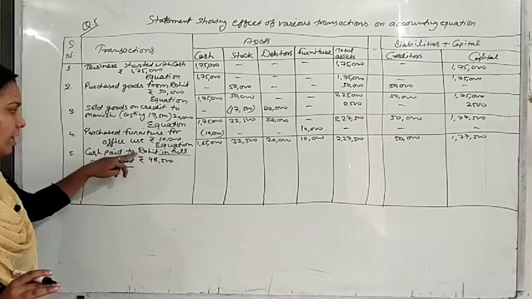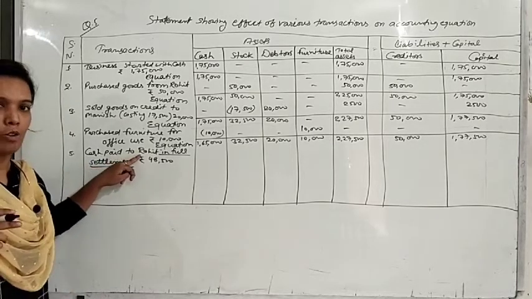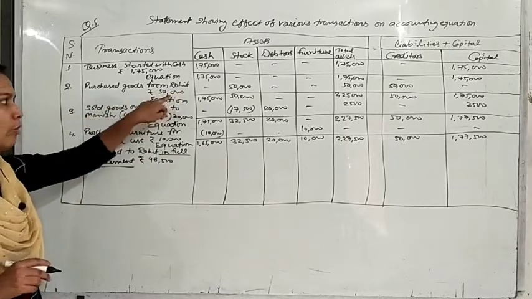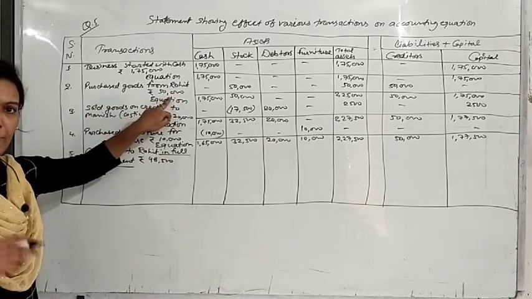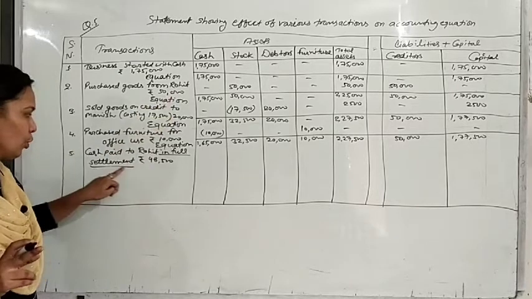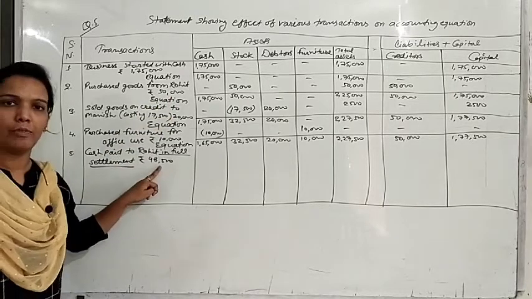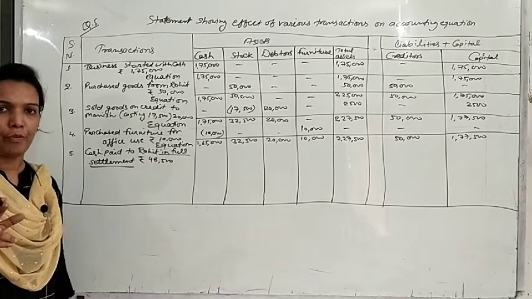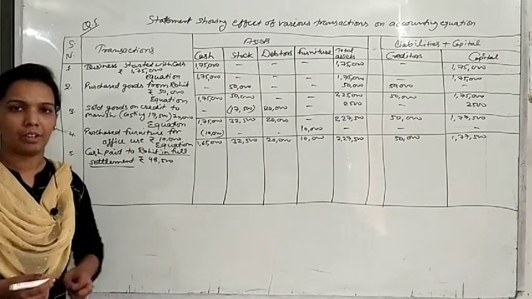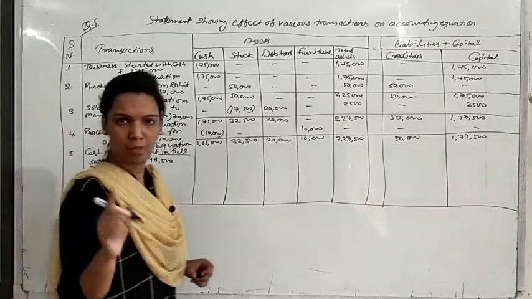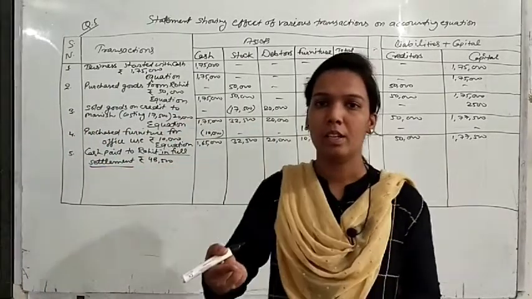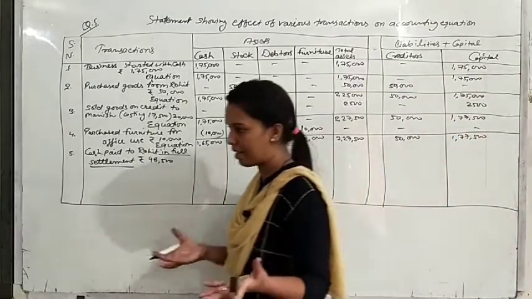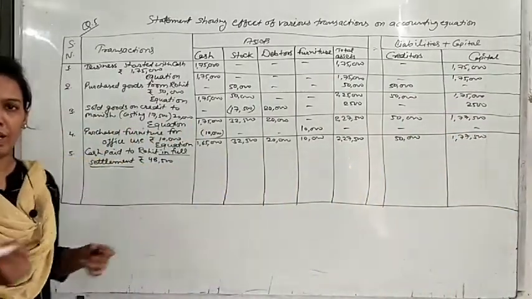So first of all check what was the amount due from Rohit. Here we purchased goods from Rohit of rupees 50,000. But from 50,000, you are doing full settlement in only 48,500. It means you got a profit of rupees 1,500, because your creditor was of rupees 50,000, but you are paying him only 48,500. It means you got a discount, and the discount here will be your profit, 1,500 rupees.